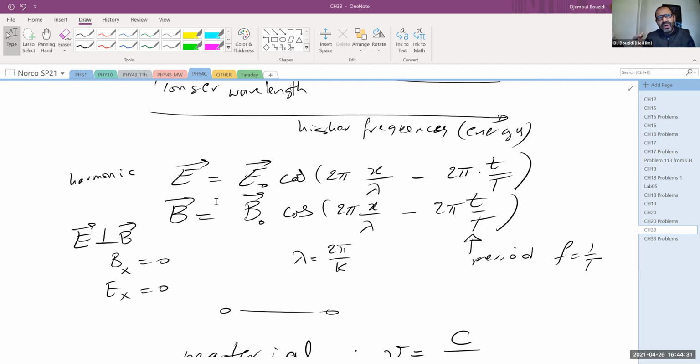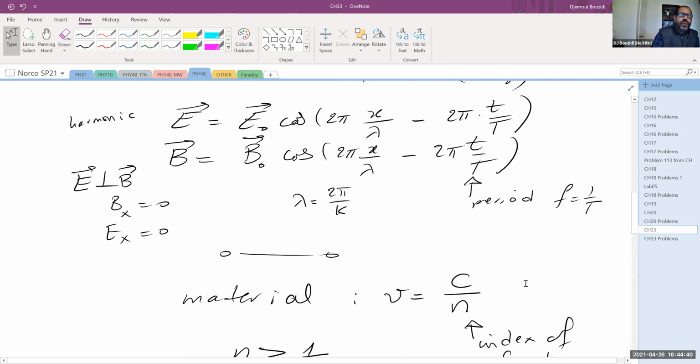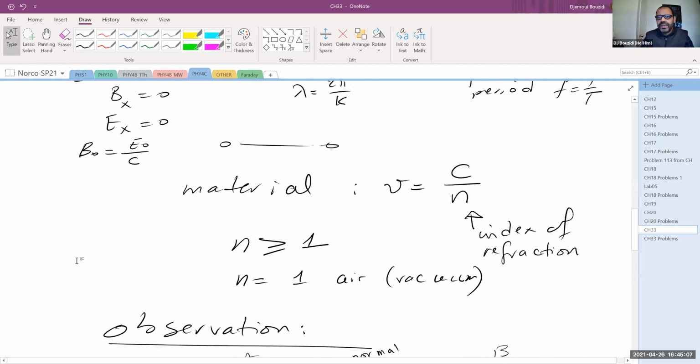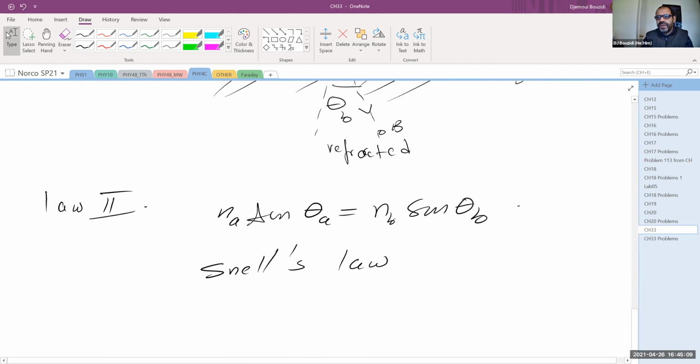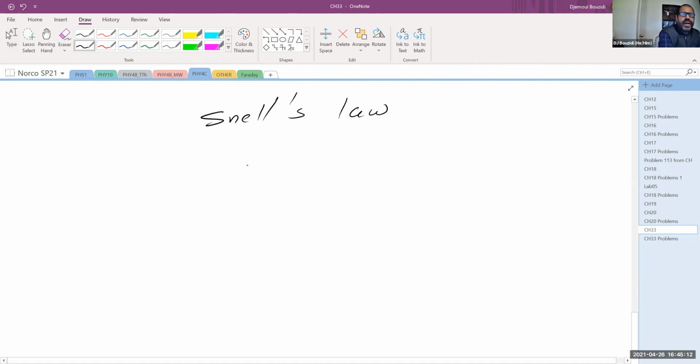The key thing in here is that it has to do with the direction of the electric field and not the magnetic field, because when you take chapter 32 again, you will see that this B naught, the intensity of the magnetic field, is that of the electric field divided by c, and c is 300 million meters per second. So the intensity of the magnetic field is so small compared to the intensity of the electric field, and that's why we are equipped to respond to the electric field more so than the magnetic field, although both of them are present in light. By definition, polarization has to do with the direction of the electric field. So light is polarized